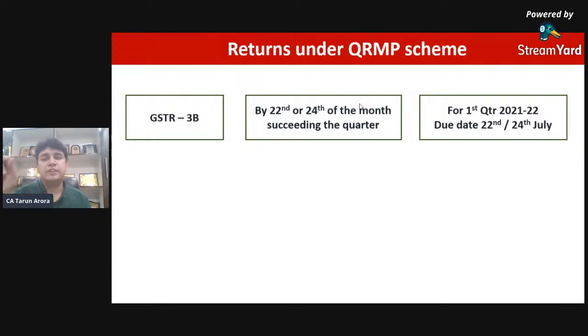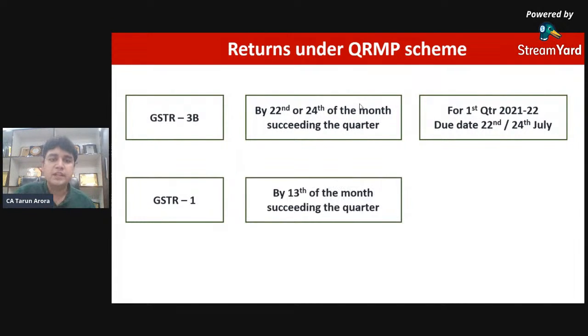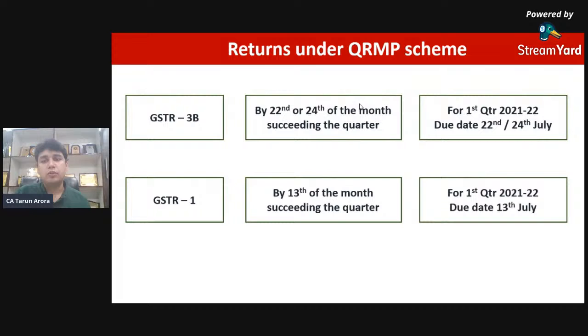नहीं है। तो फर्स्ट क्वार्टर 2021-22 की ड्यू डेट क्या होगी? 22 या 24, कोई चेंज 3B में नहीं है। GSTR 1 में फॉर्मेट में कोई चेंज नहीं है, लेकिन उसकी ड्यू डेट जो पहले एंड ऑफ द क्वार्टर थी उसको प्रीपोन करके 13th कर दिया है। तो फर्स्ट क्वार्टर 2021 की ड्यू डेट होगी 13 जुलाई। इसके अलावा रिटर्न्स में कोई नया चेंज नहीं है। बट क्योंकि अब अगर मैं